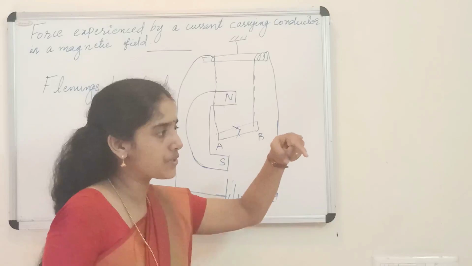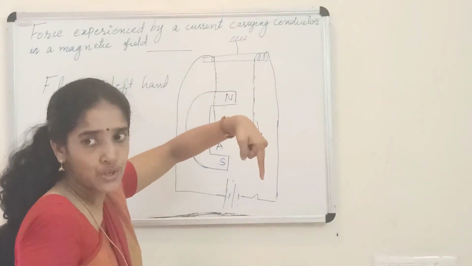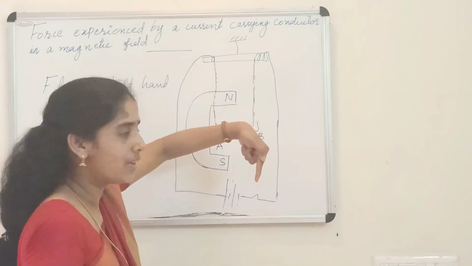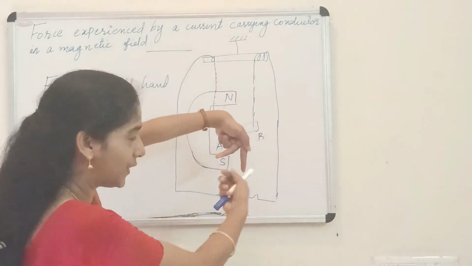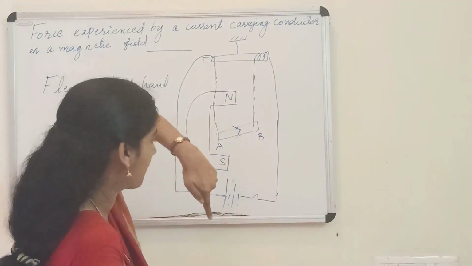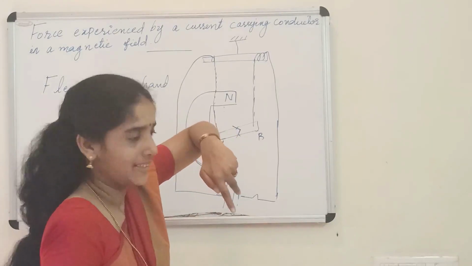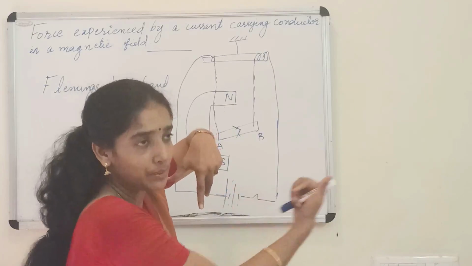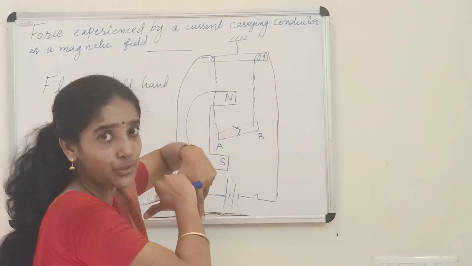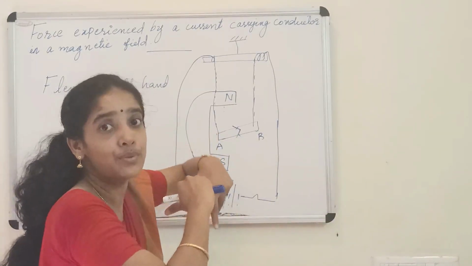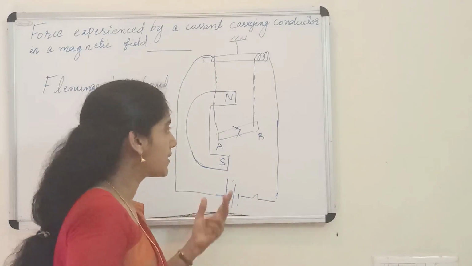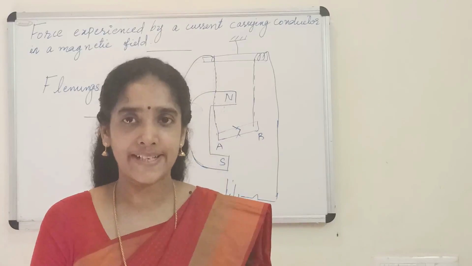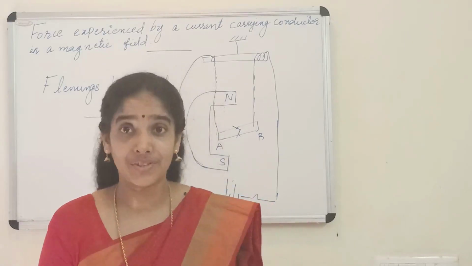Okay, let's open the fingers now. Forefinger in the direction of the magnetic field, north to south. Then don't open the thumb now. Center finger, don't hold it towards us because current is away from us. Turn it now. See, turned. Now open the thumb. In the previous case, the thumb was showing right. Now the thumb is showing left. So what will you write? The direction of force also reversed. So as you reverse the direction of current, what happens to the direction of force experienced by the conductor? The direction of force also reverses.